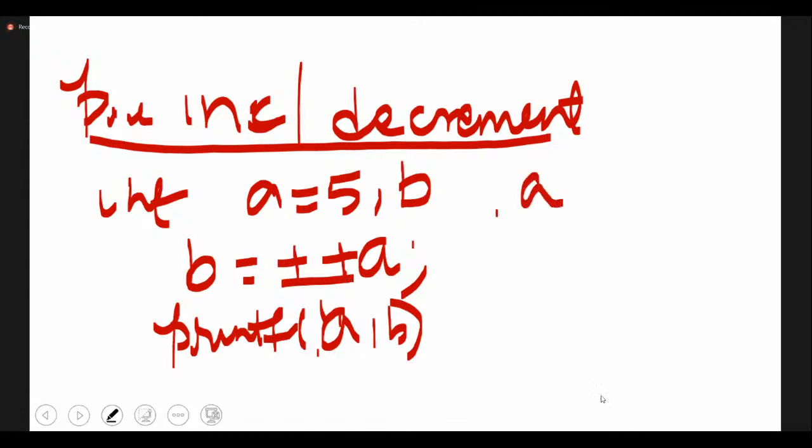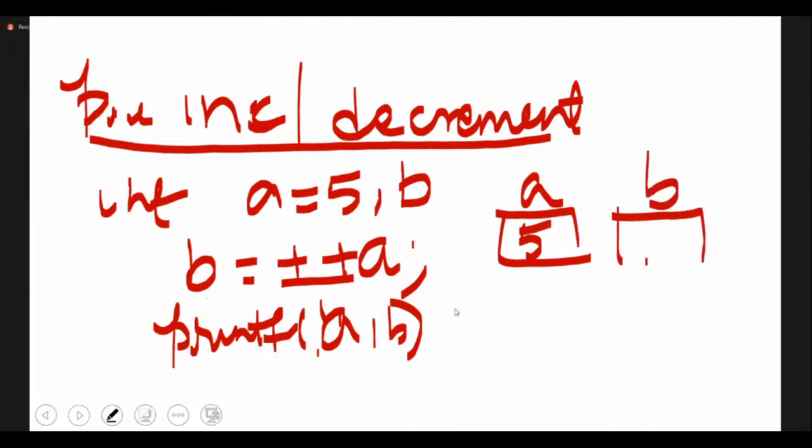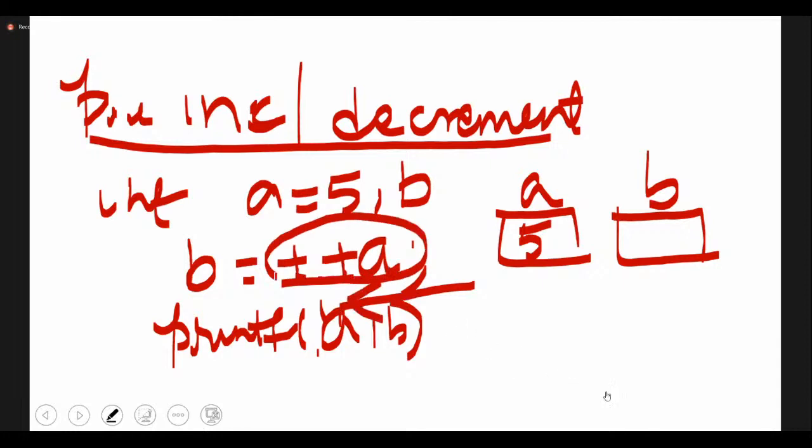So a value is initially 5. Now we are finding the value of b. The operation happens from right to left. So the value of a, 5, is read. Now it will be increased.